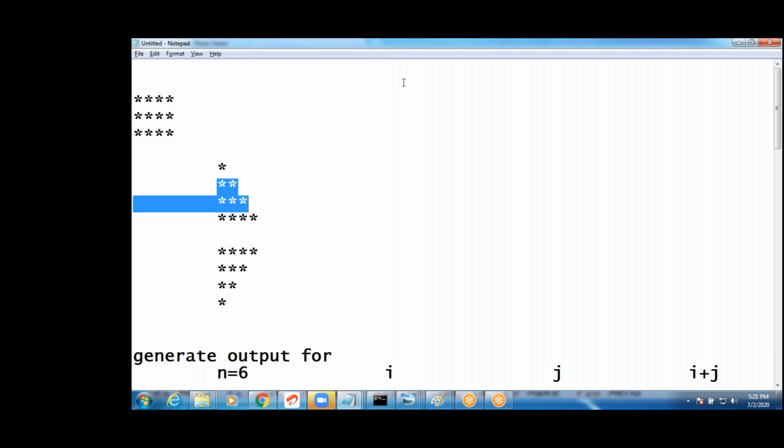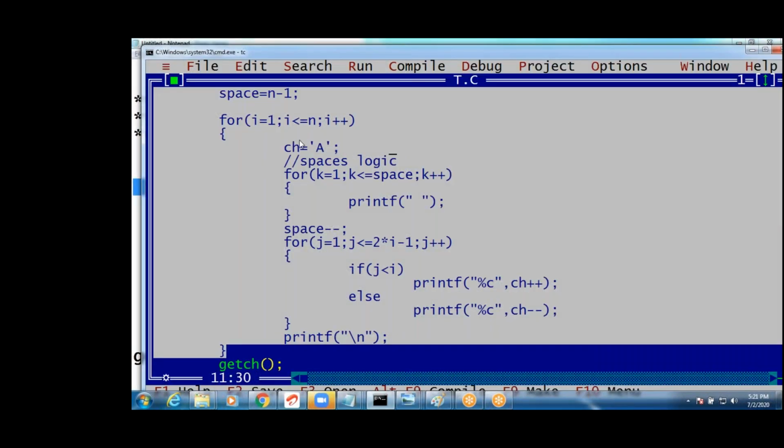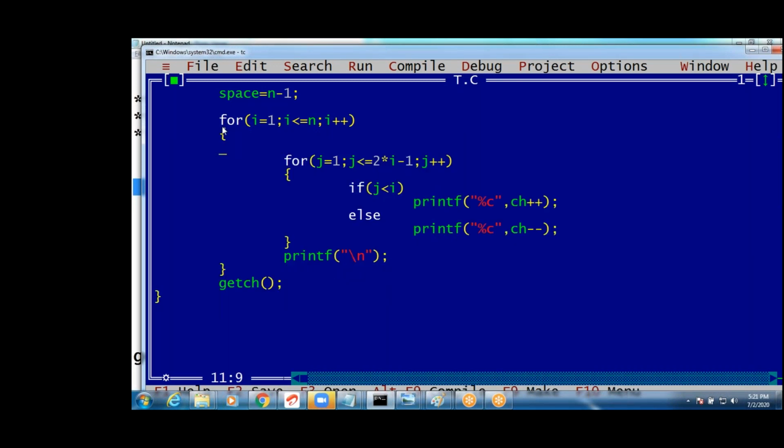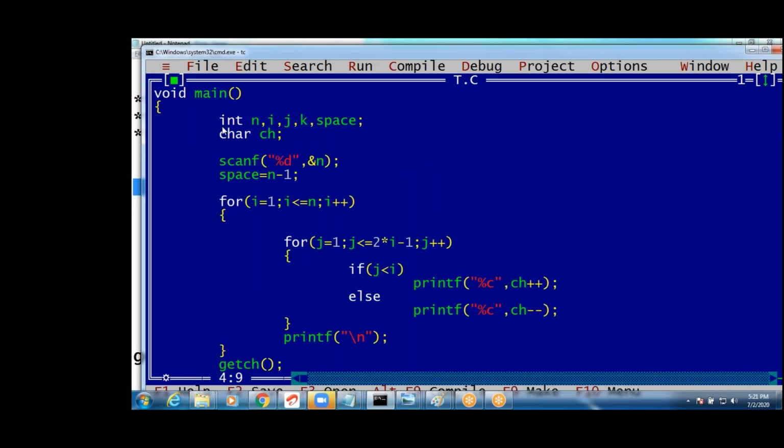See this. I want to write i equals to 1. Take a value, guys. i, j, I will change the values. Character required, character not required. Space, ij, till I will take first ij only. ij and n. Read n. This is n minus 1. This I will remove this again.